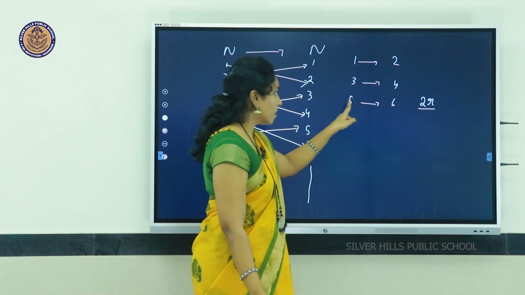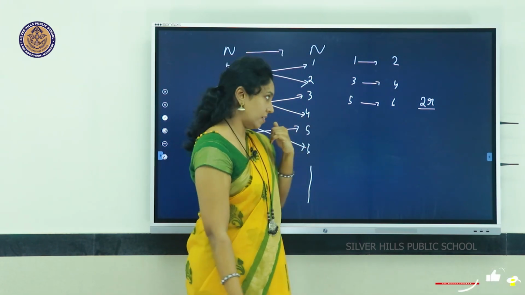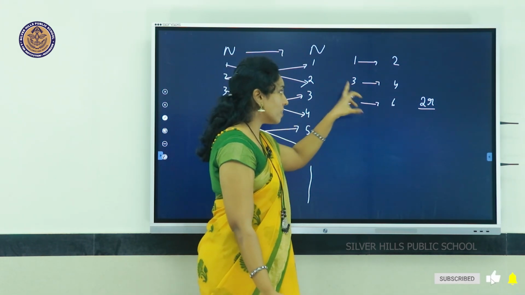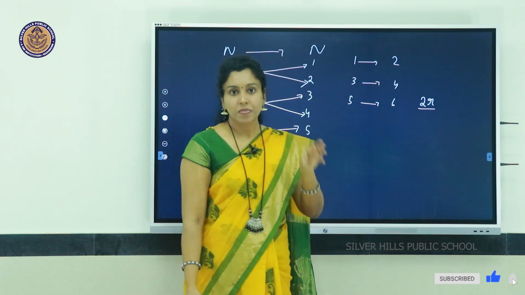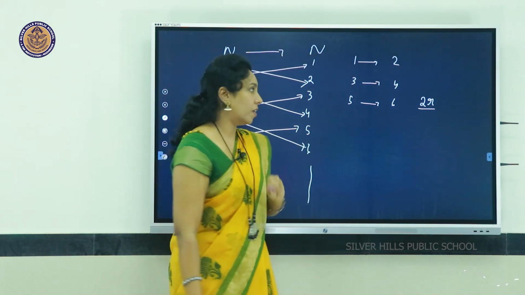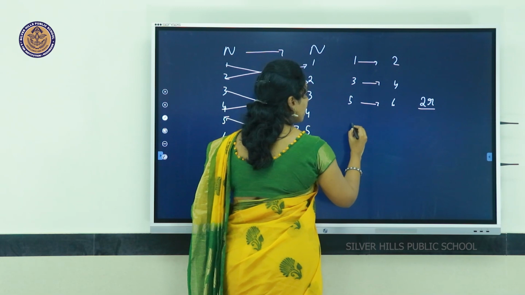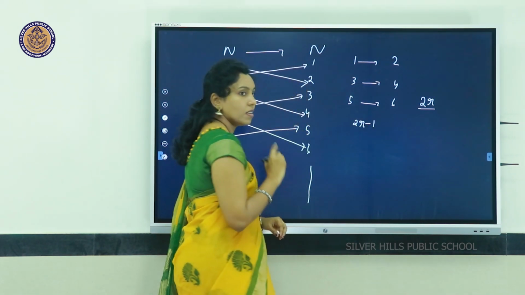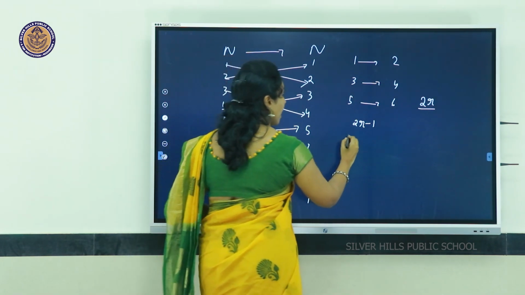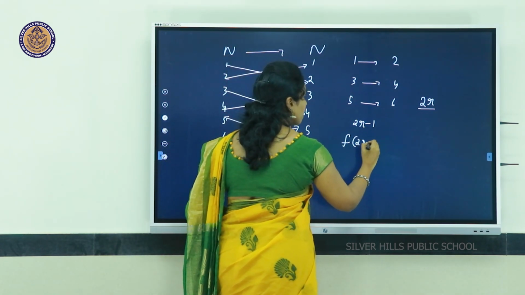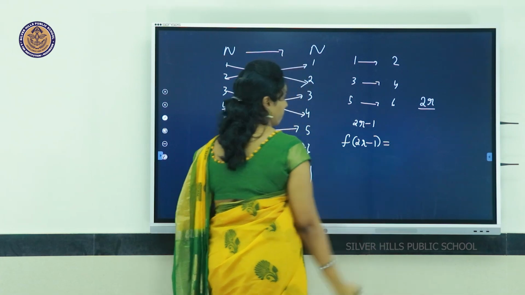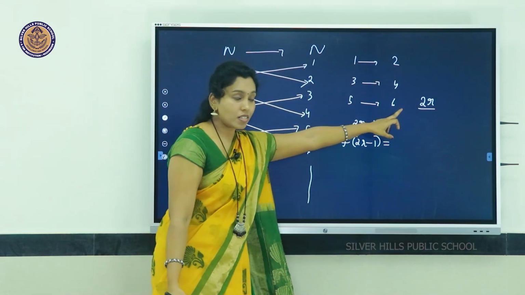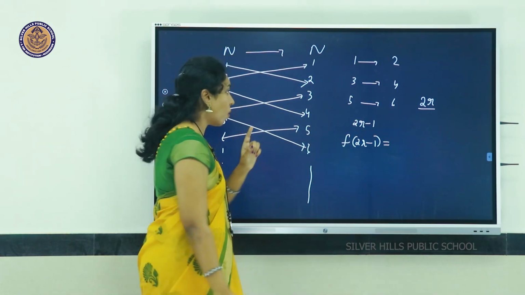If 2r is 6, it is 5, that means one number less than that. So 4 means it is 3. So in general, if I take 2r on the right side, its pre-image will be 2r minus 1, such that f of 2r minus 1 is equal to 2r. Since 2r minus 1 is odd,